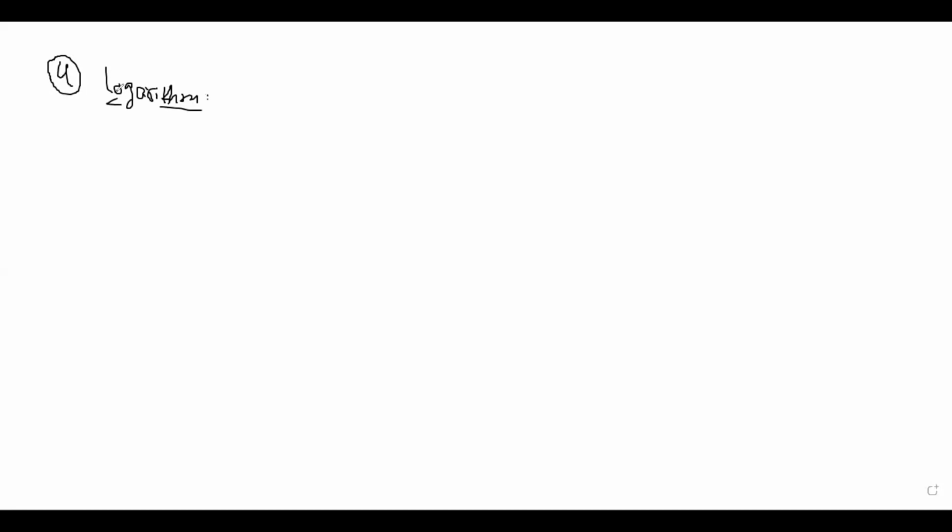What is the log? I think it was in class 11th also, and it's in class 12 also. What is the log? Log P base Q. It is defined, very important point,